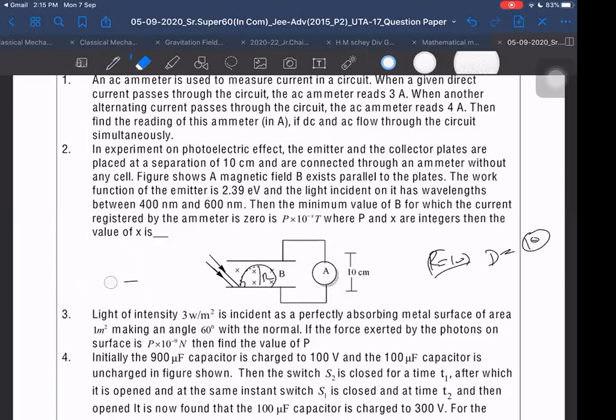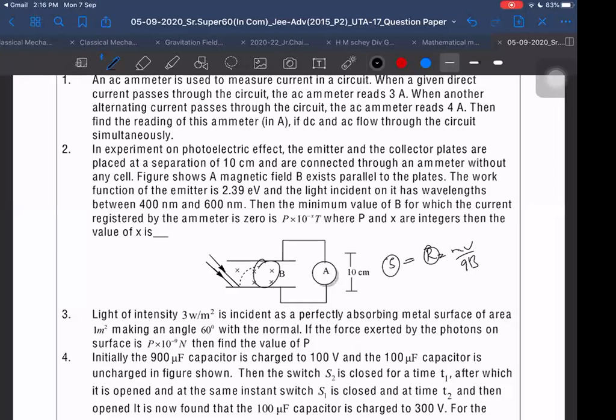Are you understanding what I am saying? Yes, sir. So according to me, I should put R as MV by QB, fine, no problem. But I should put R as 5. They may have taken R as 10, because in HCV, he has given by taking R as 10. This is a modified question of HCV exercise, but they are giving more wavelengths. Fundamentally, it is coming from there only.